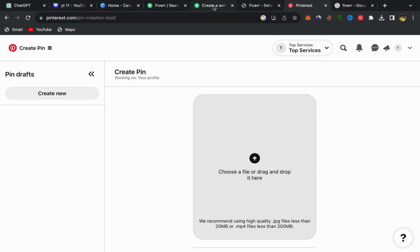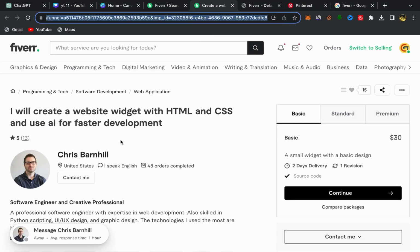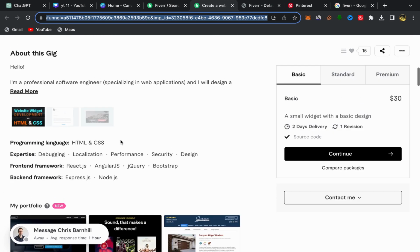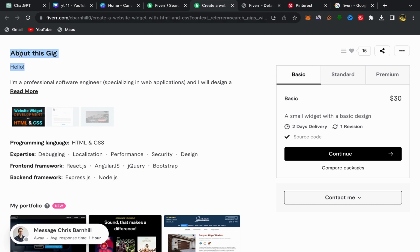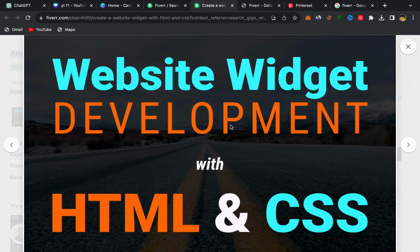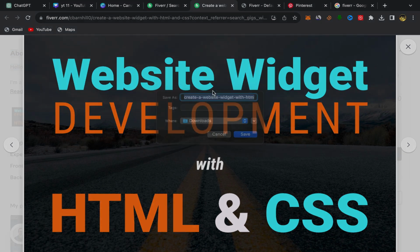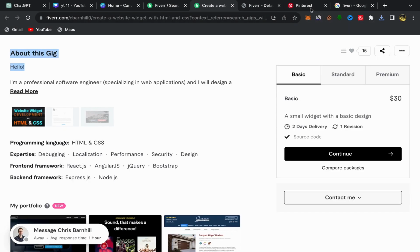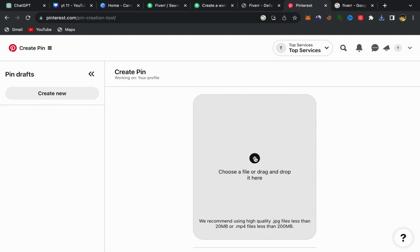So how can we do this? Go back to this seller page, scroll down. This is his picture. As you can see, if you scroll down, you should find this about this gig. So click on his picture like this, double click and save this picture to your laptop. Click on save. I'm going to name it AI developer. Save. Go back to Pinterest, click over here